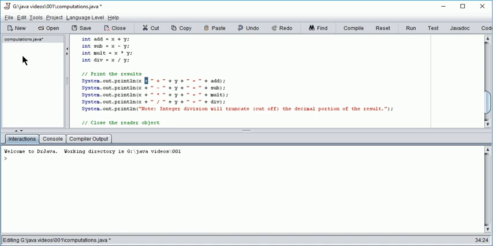It means it's taking x and creating a string, adding to that string this value, which is space plus sign space. Then we're adding to that string the value of y, and then to that string we're adding space equals space, and then finally we're adding the result of the addition, so that it prints out something that's